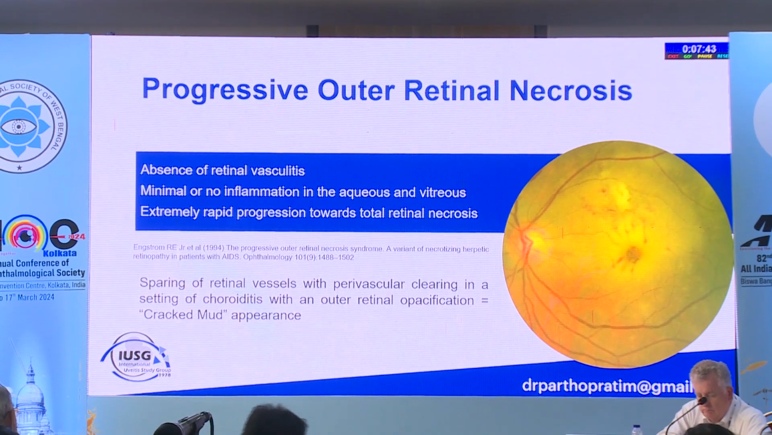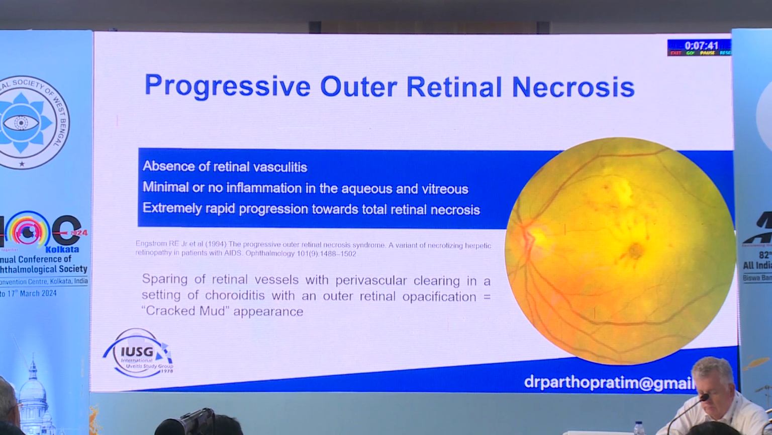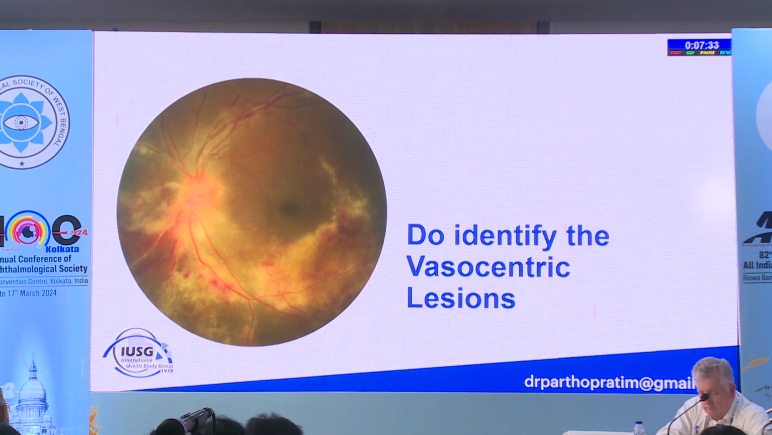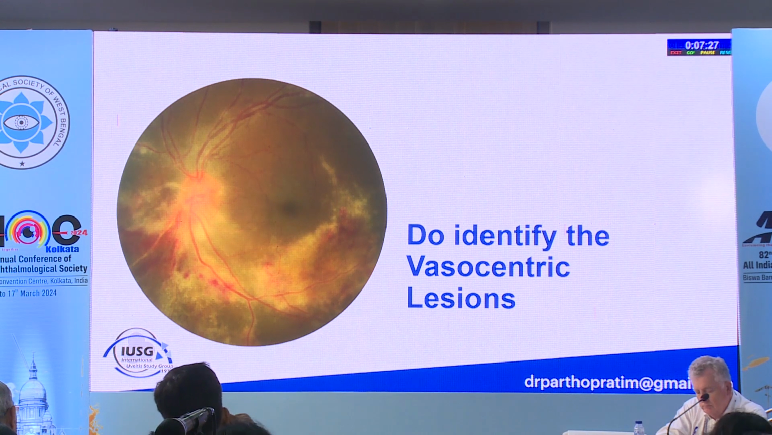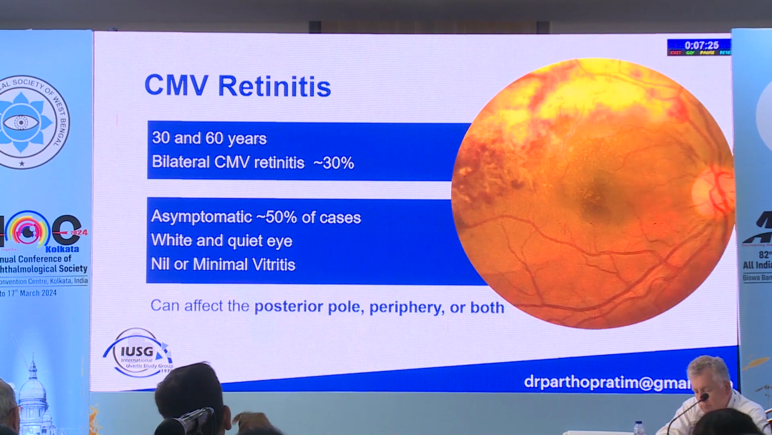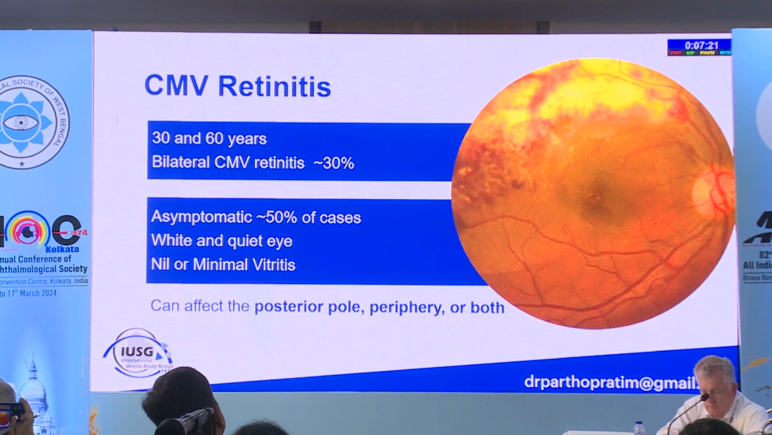There will be minimal or very little inflammation in the vitreous, and it progresses entirely, but it starts the reverse way of ARN. It starts from the posterior pole and involves the periphery. Now, when you are dealing with posterior viral uveitis, you have to identify the vasocentric lesions. If the lesions are vasocentric, then you have to suspect that it can be cytomegalovirus retinitis, which can be